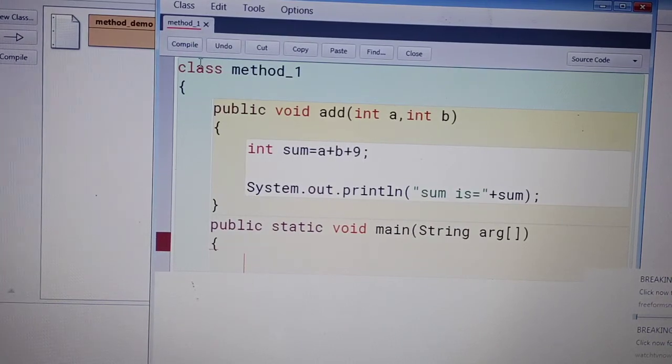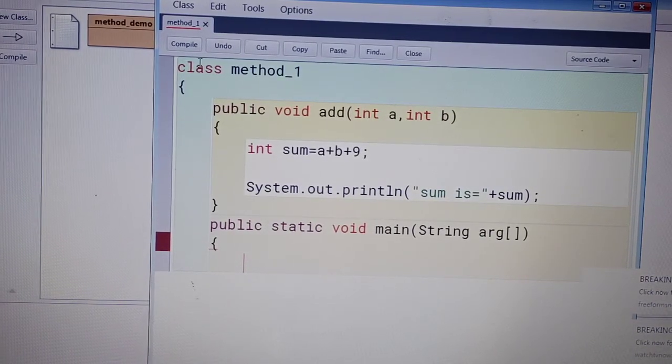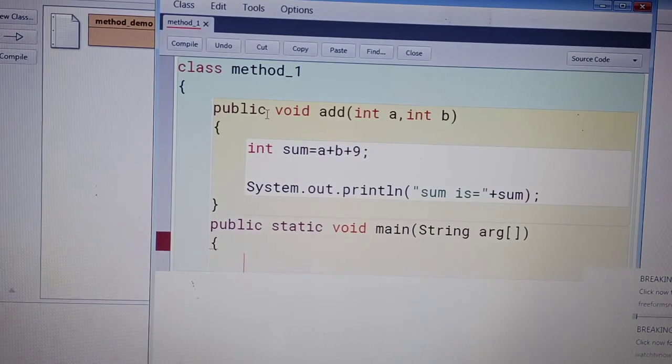Now here we need to call this add method, but with the help of an object. We cannot directly call this method within the static method. Its modifier is static, public static void main. And this method is a non-static method, meaning the modifier is not there. It's a public void add method.